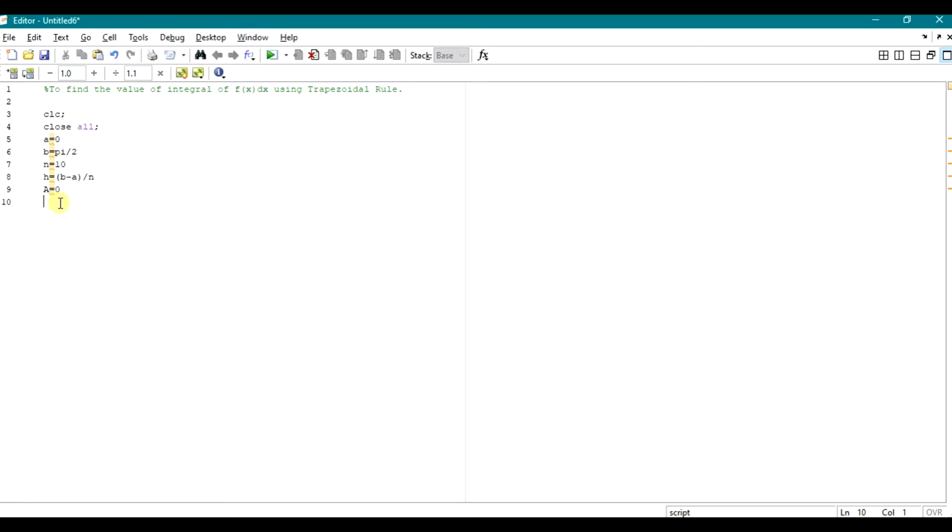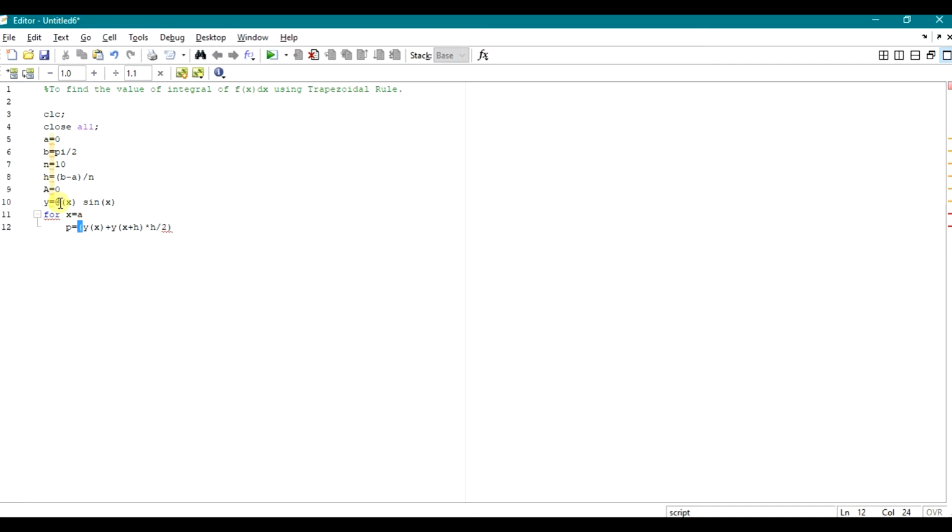Now I'll take a function y equals @(x) sin(x), for x equals A. So we'll write p equals (y(x) + y(x+h)) * h / 2.